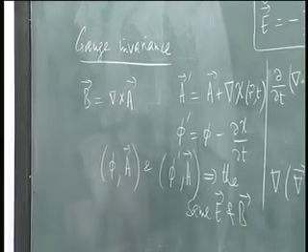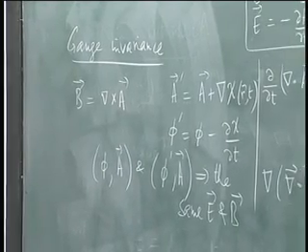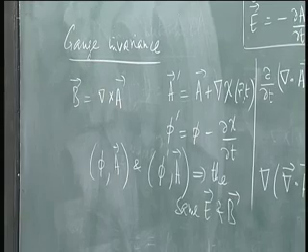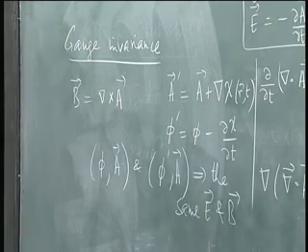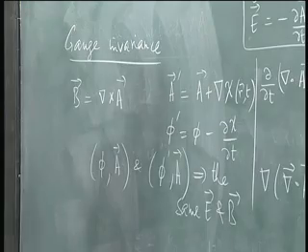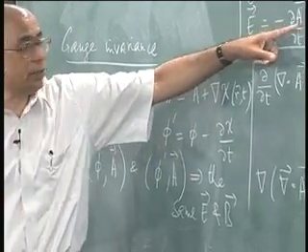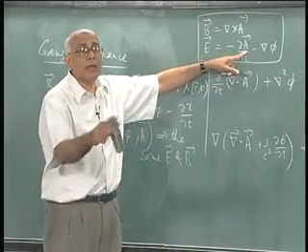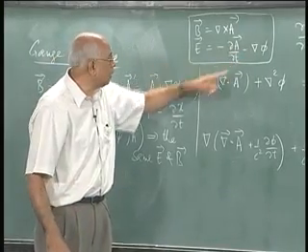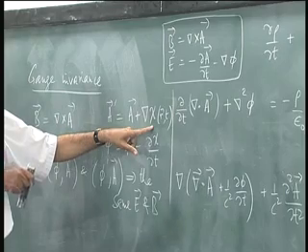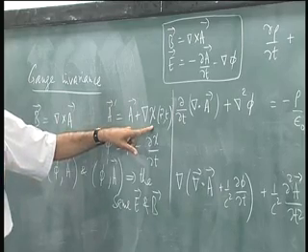Why should we take a phi prime? Because when we derived the second equation, we actually substituted B equal to curl of A and derived it. So even if we had used an A prime, it shouldn't have mattered. Oh, it does, because you can see E is going to change. If I change A to A prime, I have added an extra term which is minus delta over delta t gradient of chi, but B must be unique,